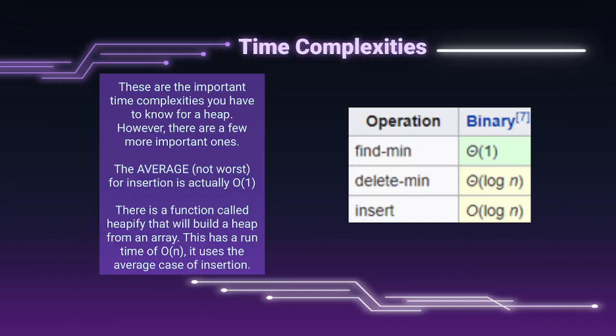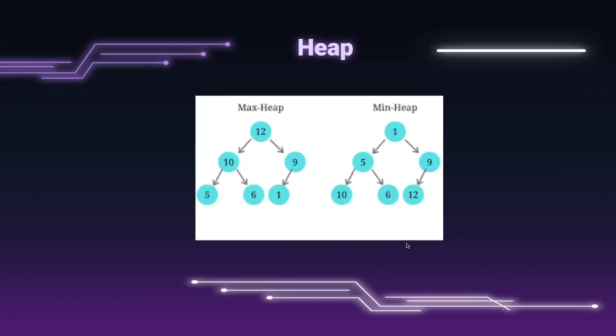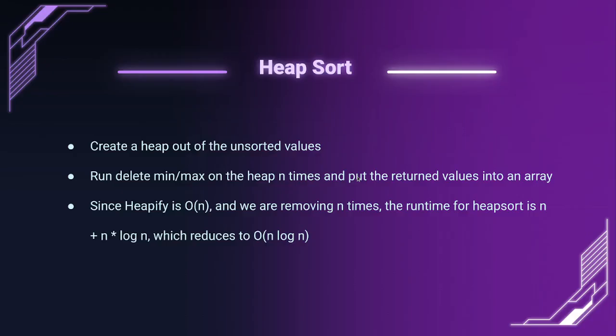Yeah. And I already explained the average case of insert and then heapify, which is making a heap from an array. Okay, here's just an example of the heap. I was planning to use this to draw stuff or explain it, but I already did. Heap sort. This is just calling the heapify function. That's it. So heapify makes the heap in O of n, and then you could just call